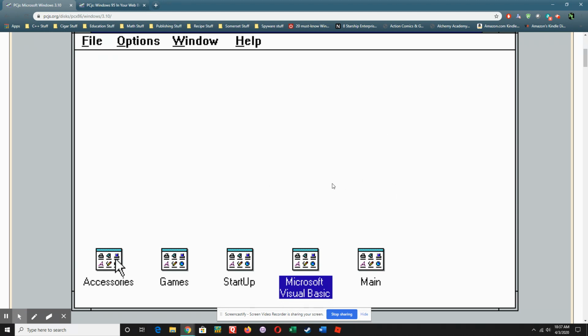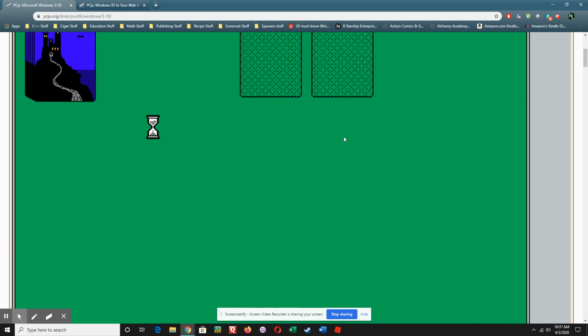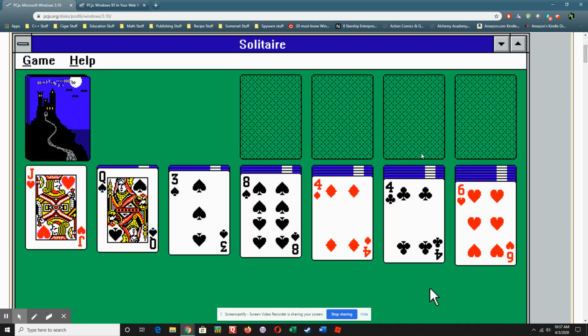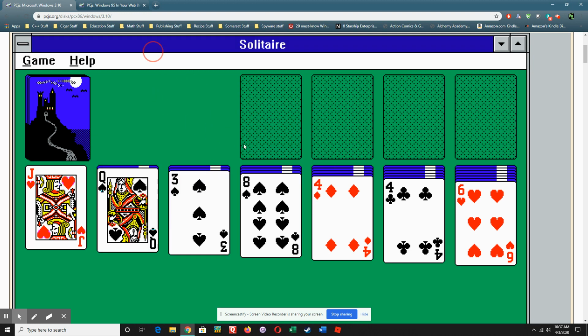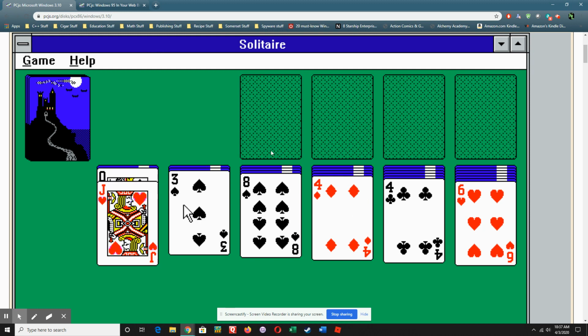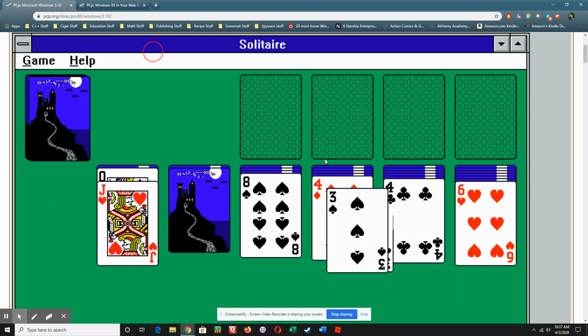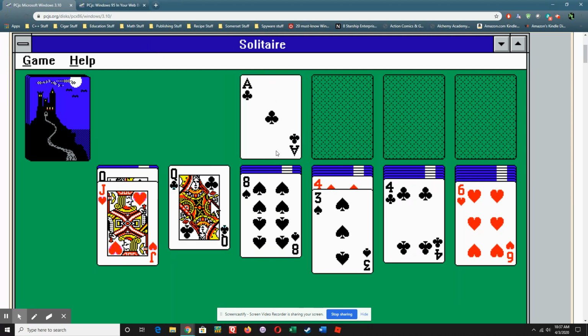And just to look around at some of the stuff like games, I was actually sitting here playing a game of solitaire before I started recording. I want to draw one. Let's see. Put that there. I can't move the queen over to its own column. Got anything else here? Yeah, I could put the three there. Ace, nice. Ace goes up there. Another queen. I got no home for the three right now. Got no home for the two.